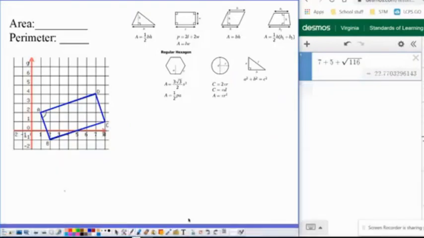Okay, so now we're going to move on to a rectangle. So for the rectangle, we're going to use the perimeter and area formulas that are here. However, I don't see any measurements. So when I don't see any measurements, but it's on a coordinate plane, I could take the 2 endpoints of a side and put that in the distance formula, but I actually prefer to just draw some right triangles, and